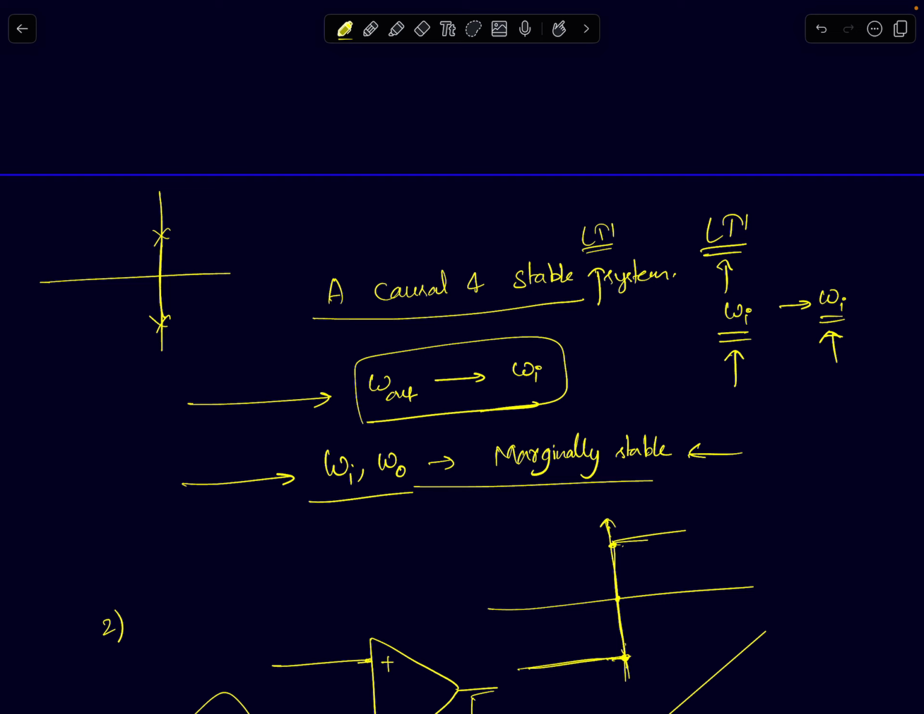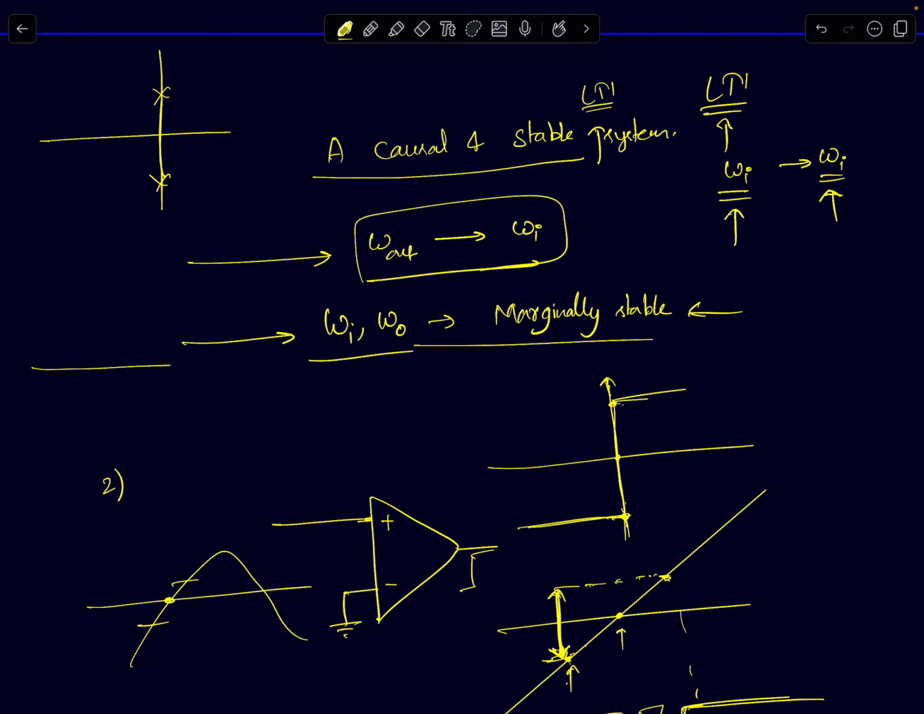So that's my answer to that. I hope that cleared it out. So for a marginally, because it's not a stable